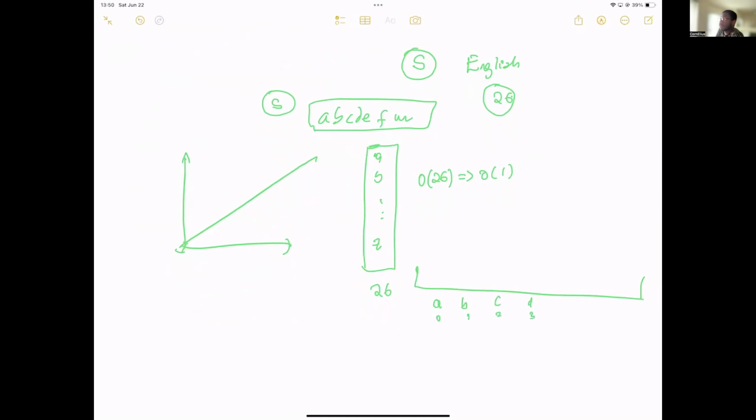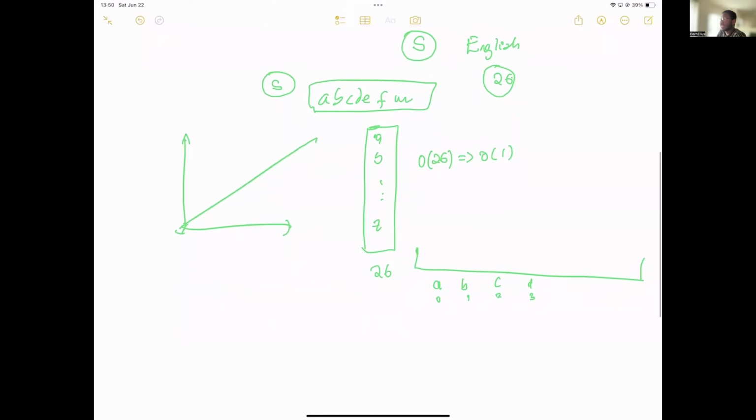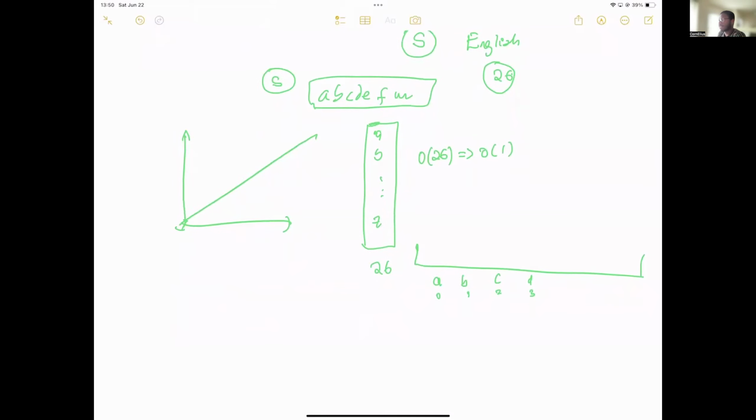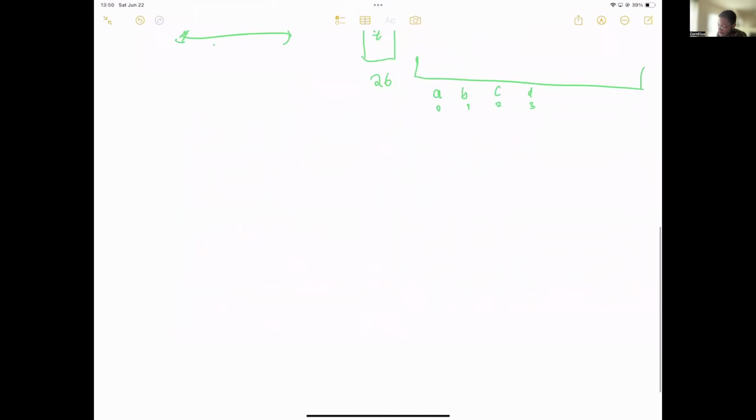So, for instance, the anagrams question. I know some of you were like, okay, how do I know two things are anagrams? I can sort them, I can do this, I can do this. That is a bit not efficient. I mean, sorting is logarithmic, but one you can do is this. If I have two strings s and t, and they're composed of only the English characters, I know that the English characters are just going to be 26 characters.